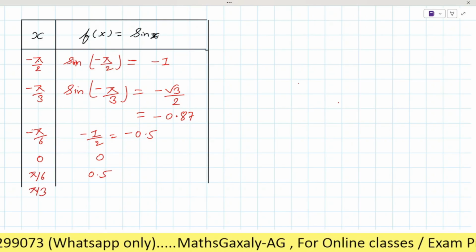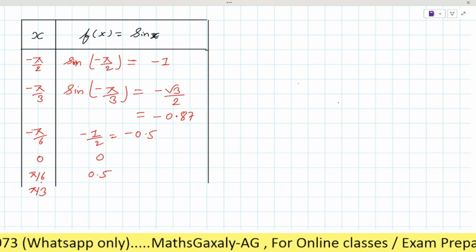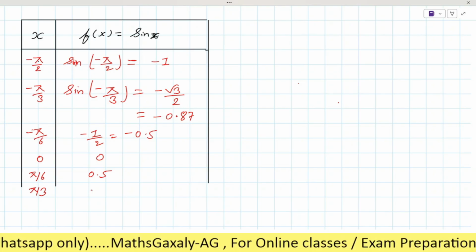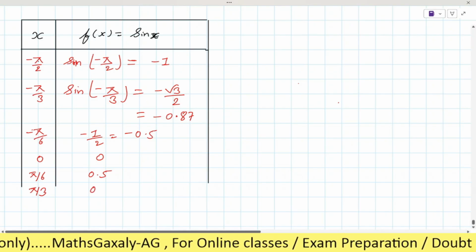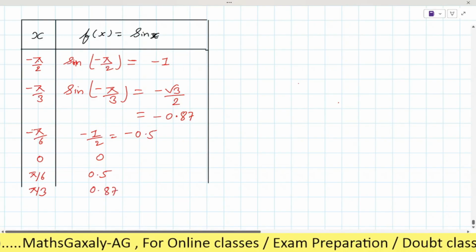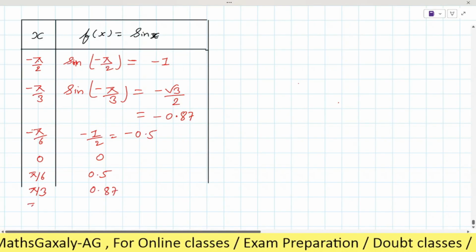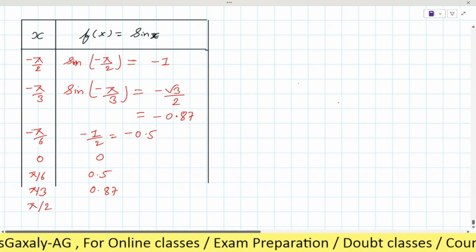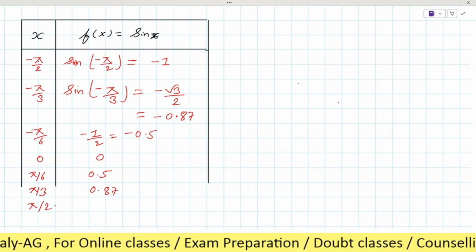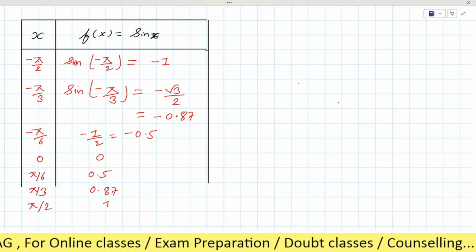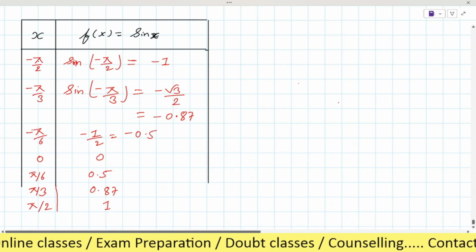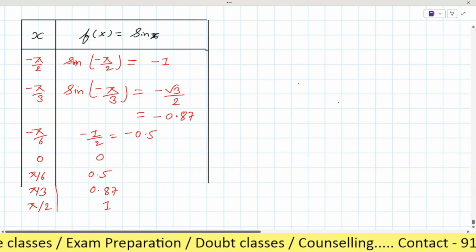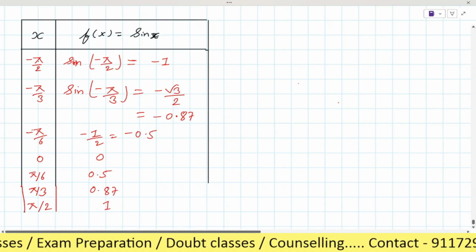Then we will do pi by 3. Pi by 3 means 60 degree, right? Sine 60 degree is root 3 by 2, so it will be 0.87, right? 0.87. And then we will do for pi by 2. Sine pi by 2, that's 1. Is it clear or any doubt till here? Just tell me. Clear, sir. Clear? Okay. Now, as you can see,